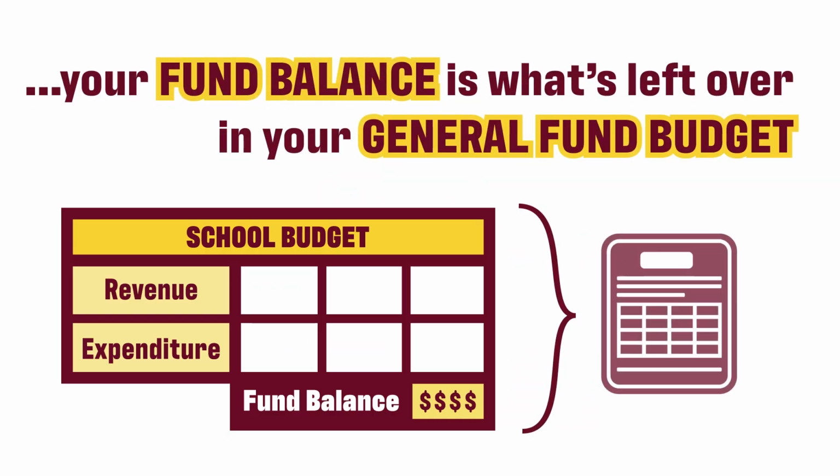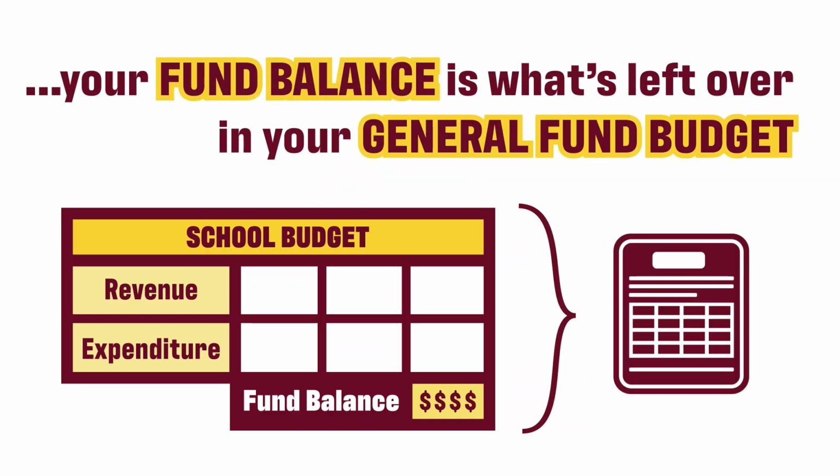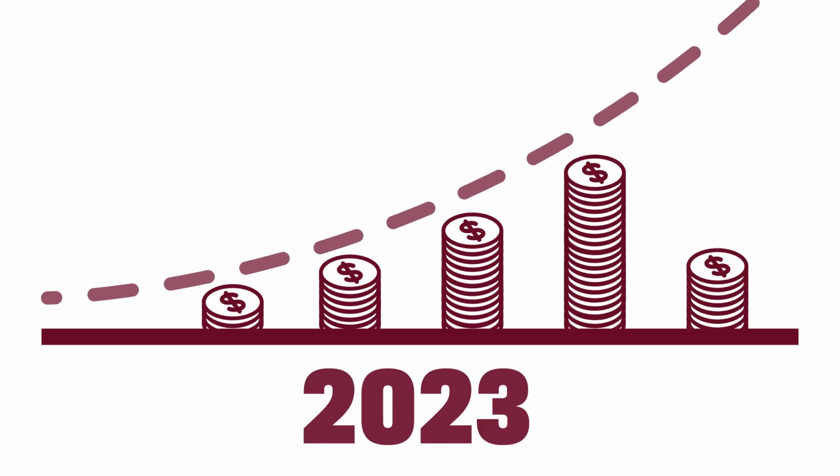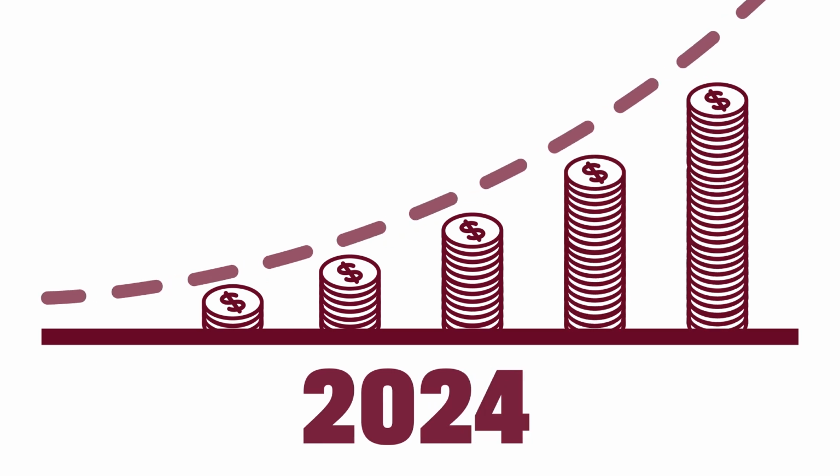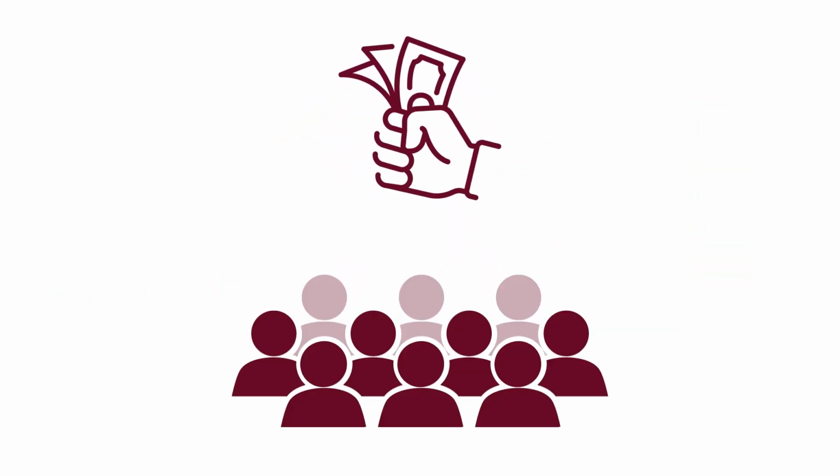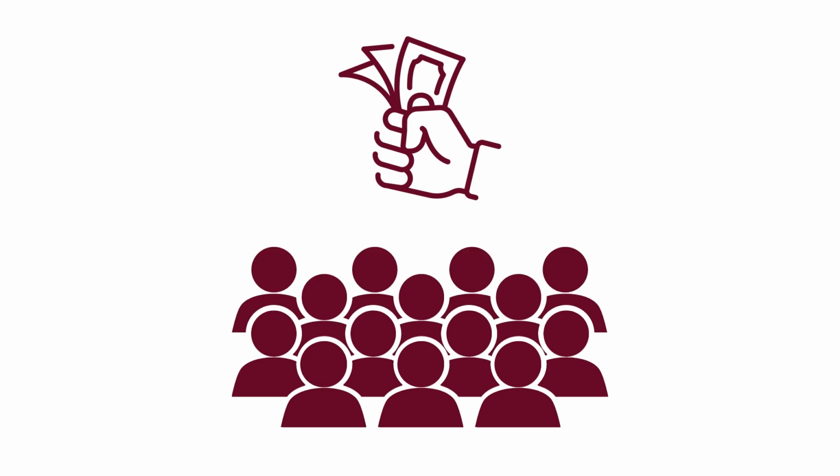Indeed, and as we've covered, your fund balance is what's left over in your general fund budget after you've accounted for all the revenues and paid all current expenditures for a year. After multiple years of sound fiscal stewardship, this can mean schools have many hundreds of thousands or even millions of dollars built up. Now, if that money is part of a plan that has buy-in from the board, administration, students and parents in the larger community, then it can simply represent sound fiscal planning.